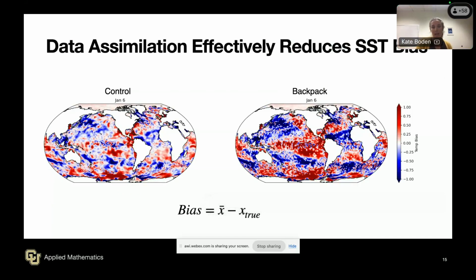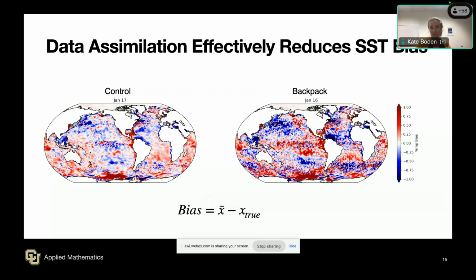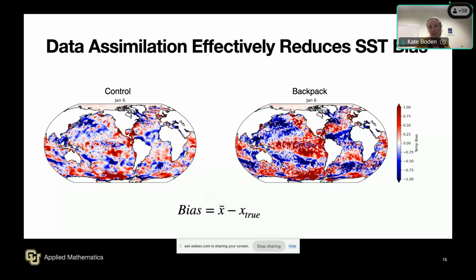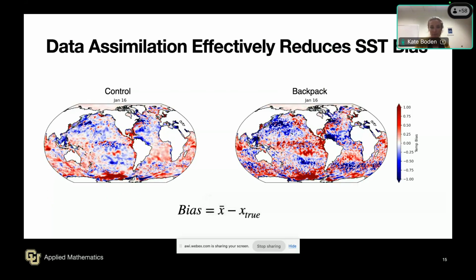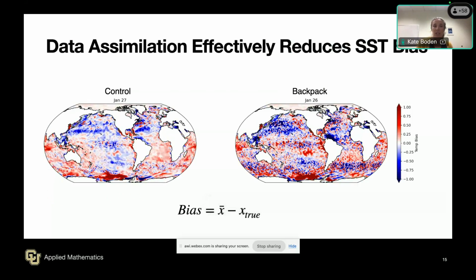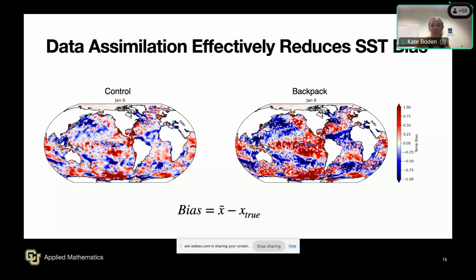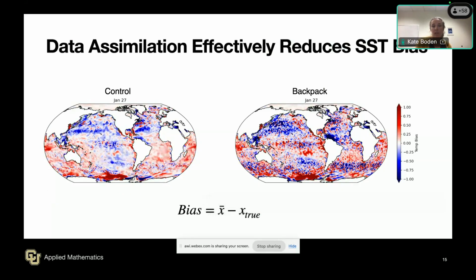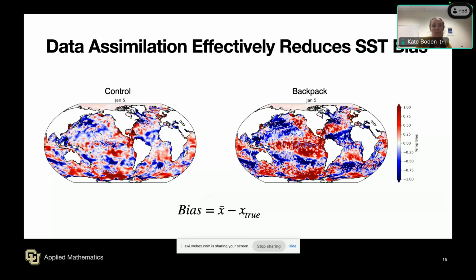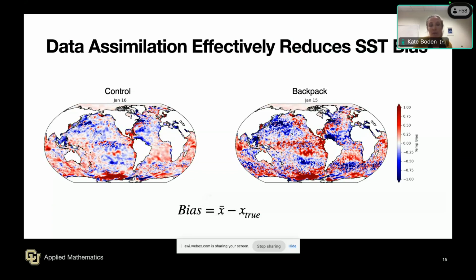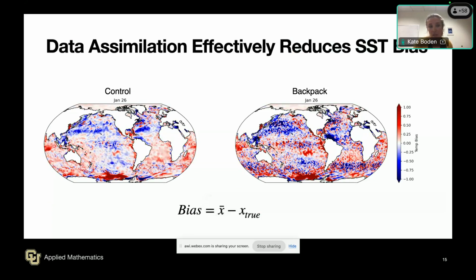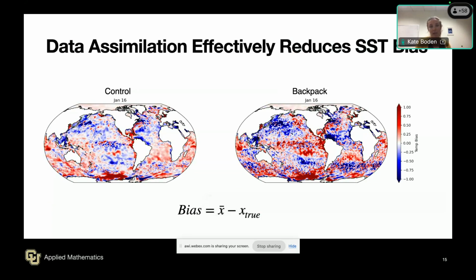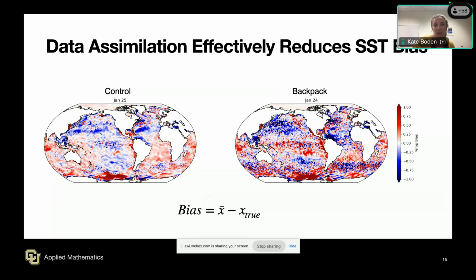So here we're looking at bias, the difference between the ensemble mean and the truth. We have the control on the left, and backpack is a shorthand for backscatter package. So I'll use that moving forward. And I like these images because we're just doing 1 month of January. We start with a lot of bias in the system, represented by the strong colors. And then on January 5th, that's our first assimilation cycle, you see that big reduction in bias. So both of them are certainly reducing the bias and able to deal with the initial ensemble. Maybe there's a little more bias in backpack, but what I kind of want to focus on with this is